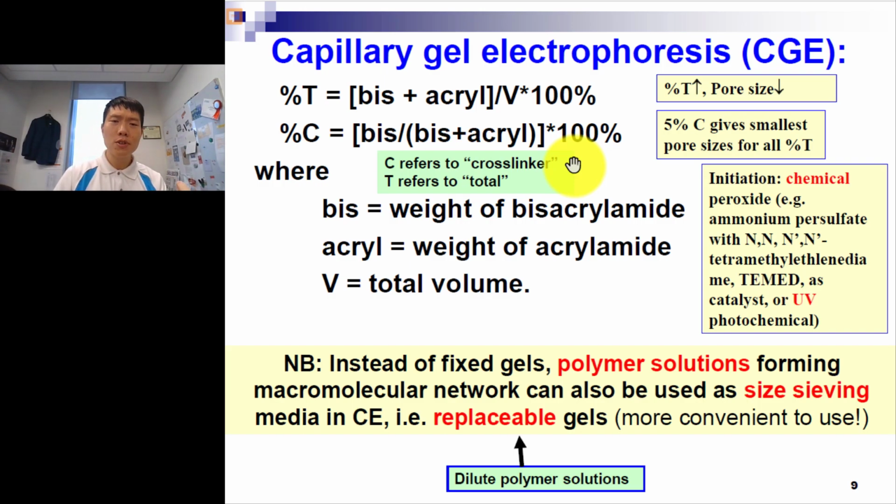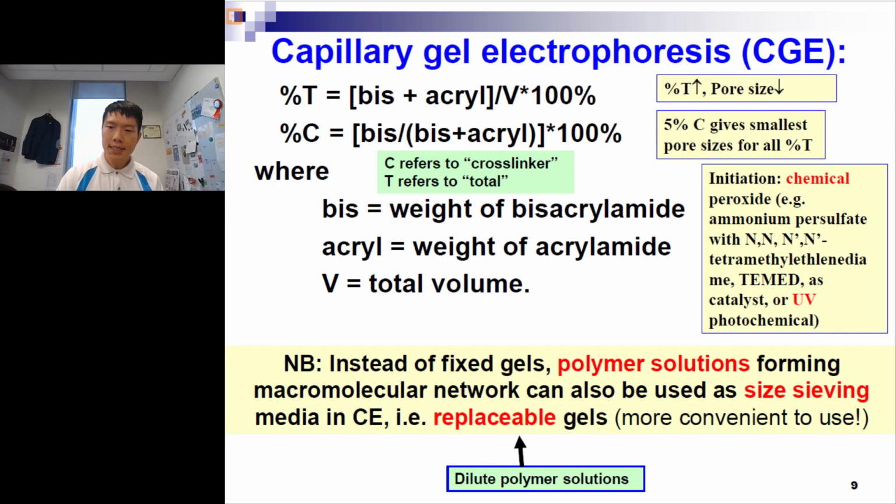Now, if the total concentration of the monomer is too high, many of these monomer molecules are packed together, which means the pore size will be small, so the gel is more suitable to separate small molecules. If the total monomer concentration is low, there'll be more space and more pores, so the pore size is bigger, and the gel will be more suitable for separating larger molecules. Typically, about 5% C will give the smallest pore size for all the percentage T from gel